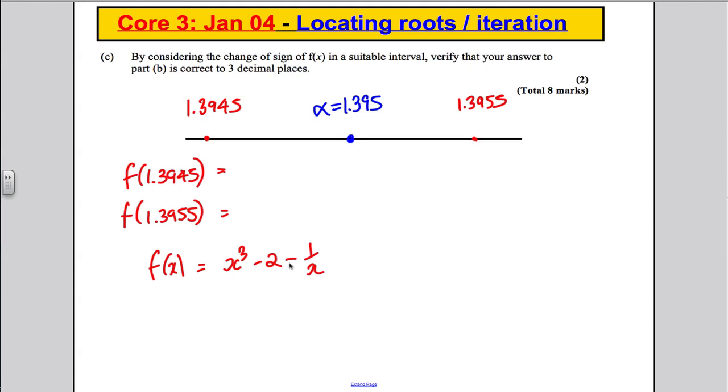Hopefully we have a change of sign. So x cubed subtract 2 subtract 1 over x, and you want to evaluate it at 1.3945. You should get for this negative 0.0053, and for the other one you should get 0.0010, and then you can say therefore change of sign